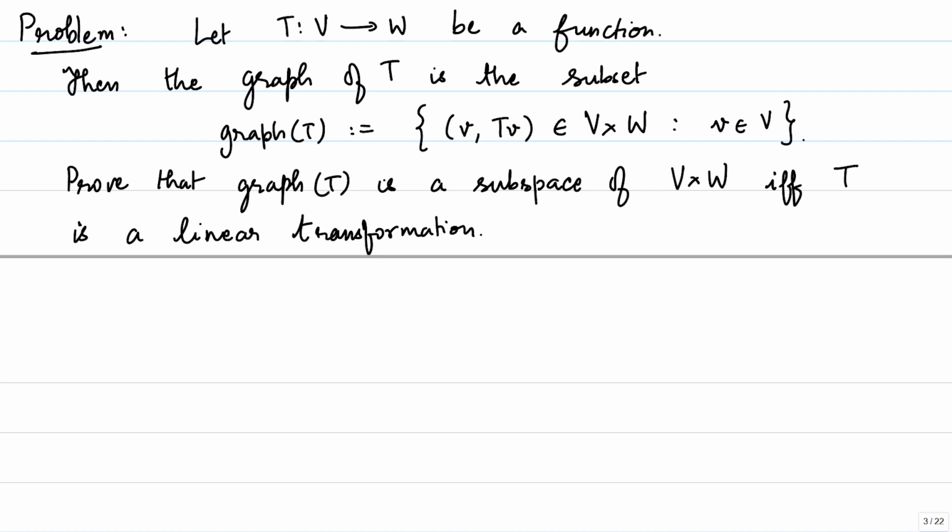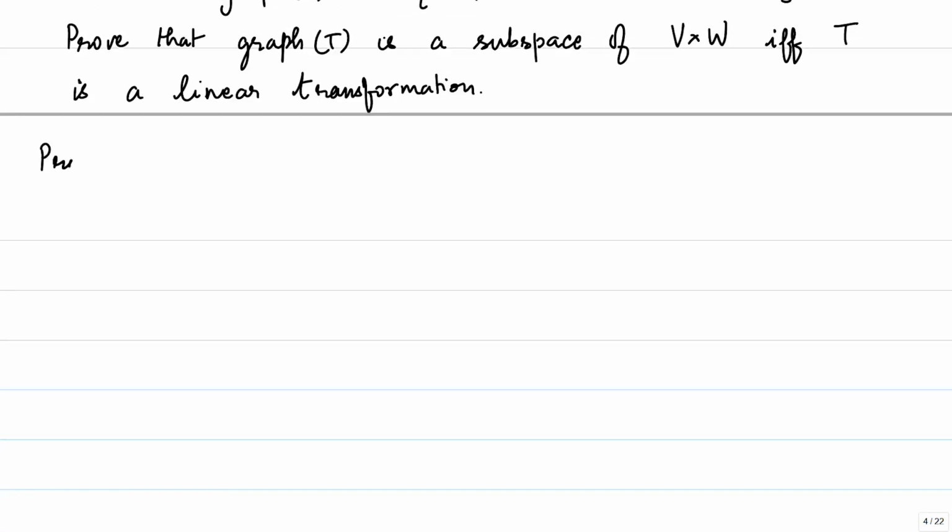One is to show that if graph of T is a subspace, then T is a linear transformation, and the converse, that if T is a linear transformation, then graph of T is necessarily a subspace. Okay, so let's give a proof of the statement here. So notice that graph of T being a subspace of V cross W is with respect to the vector space operations of V cross W, which, let me remind you, was defined using the vector space operations in V and in W. So let's prove the forward direction. Assume